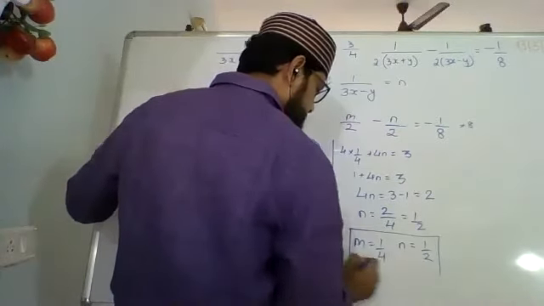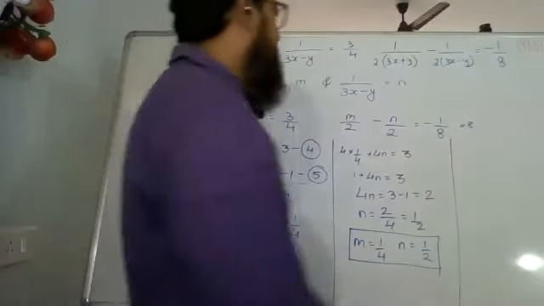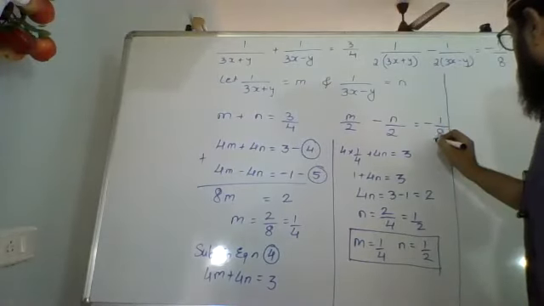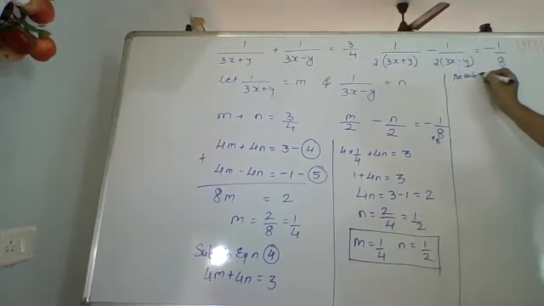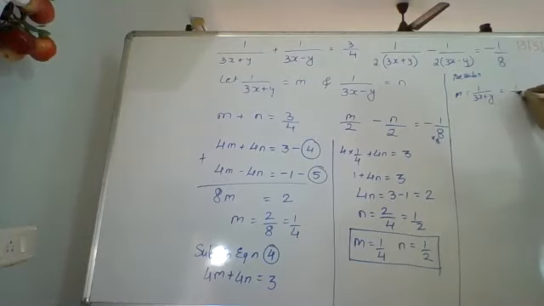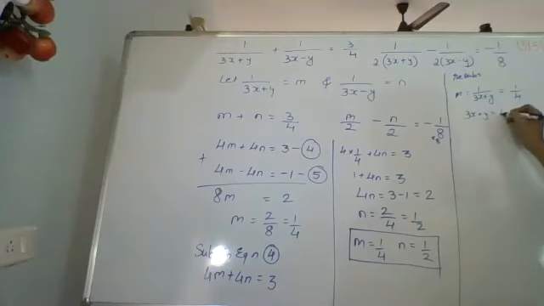But that is not what I'm interested in. So I resubstitute. When I resubstitute, I have m equals 1 upon 3x plus y equals 1 upon 4. M equals 1 upon 3x plus y, which is equal to 1 upon 4. By invertendo, I'll get 3x plus y equals 4 upon 1, which I can leave as 4.